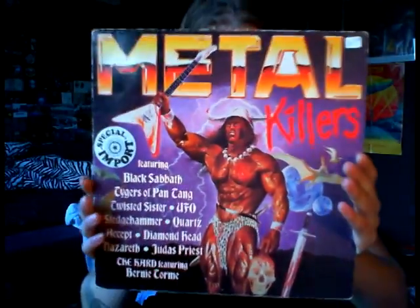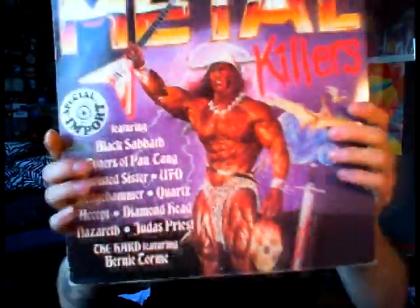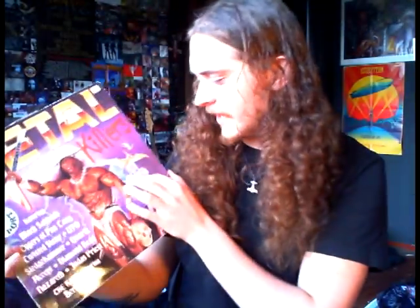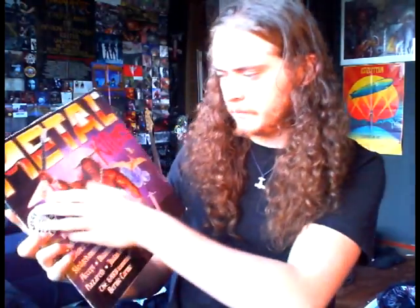And this is, well, when it comes to vinyl, my prized possession. The next one, the last one I'm going to show you guys. This is Metal Killers. And just look at it. A Viking with the ugliest helmet you've probably ever seen. There are dinosaurs flying, planets in the background, lightning striking, a blood-stained guitar, of course, a special import sticker,